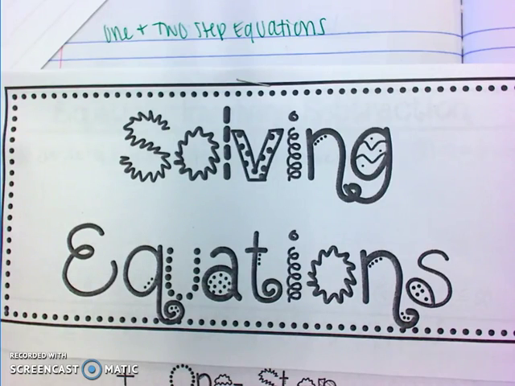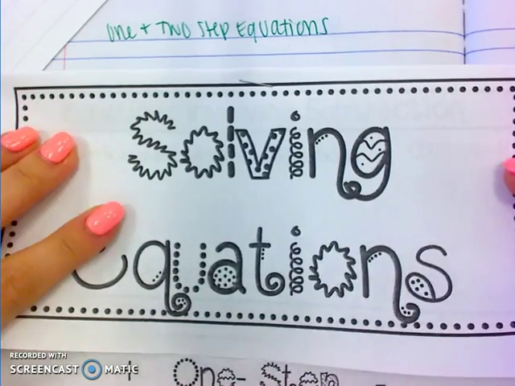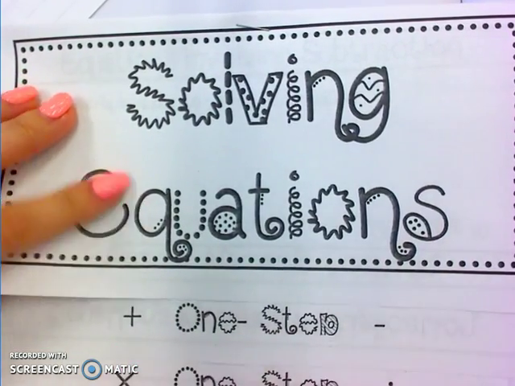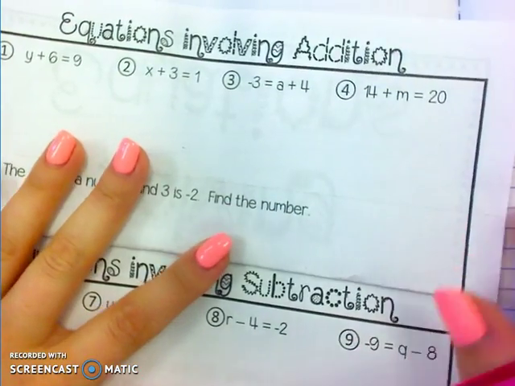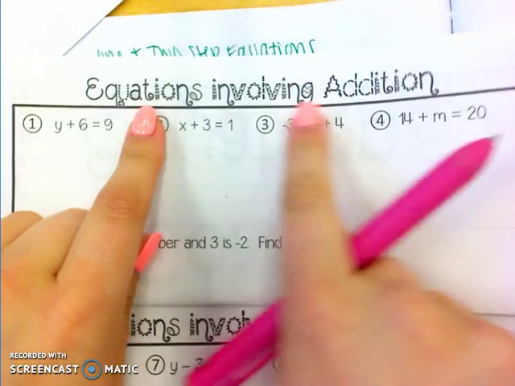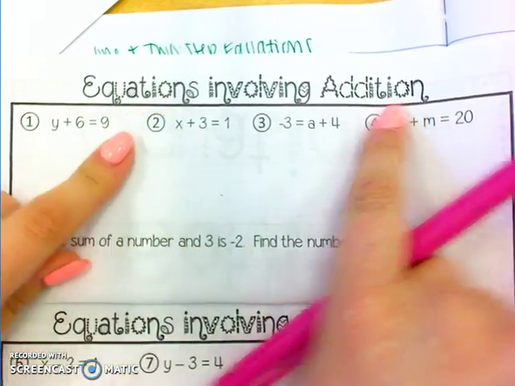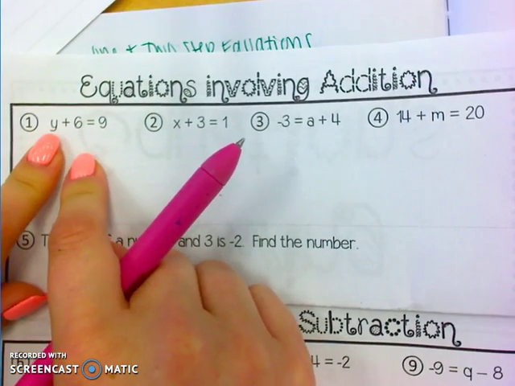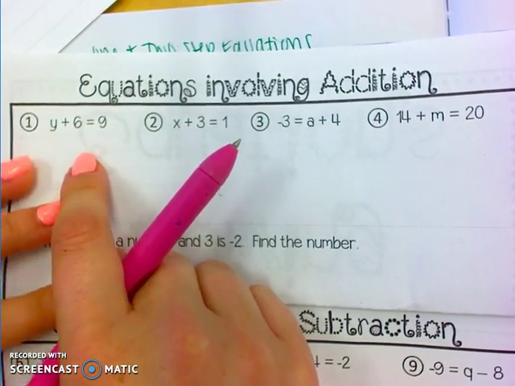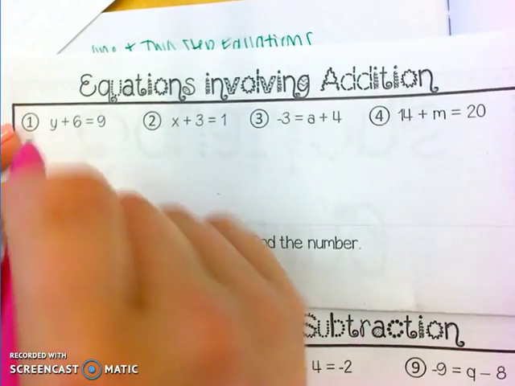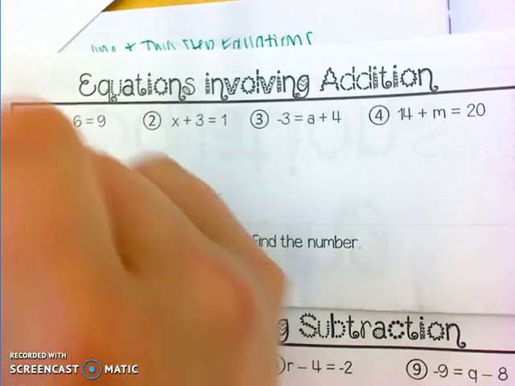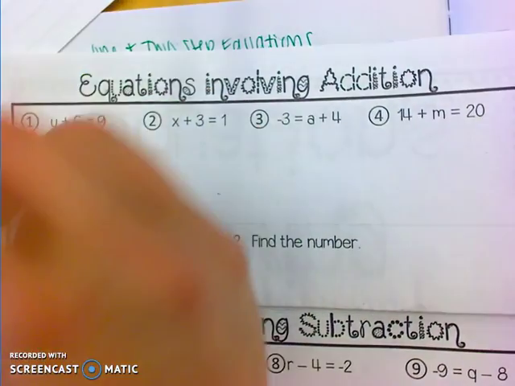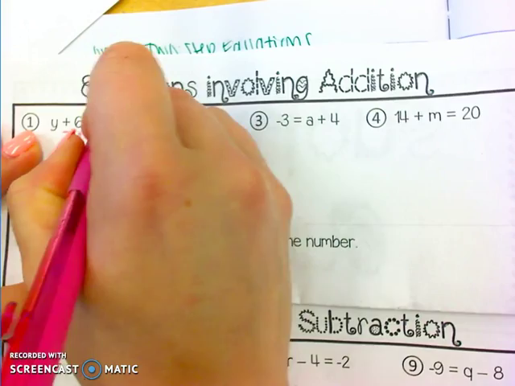This lesson is on solving one and two-step equations. We're going to start with one step with addition and subtraction. We know that if we are solving an equation that involves addition, we have to perform the inverse operation. The inverse operation of addition is subtraction. So to get rid of this positive 6 or this plus 6, I'm going to subtract 6 or